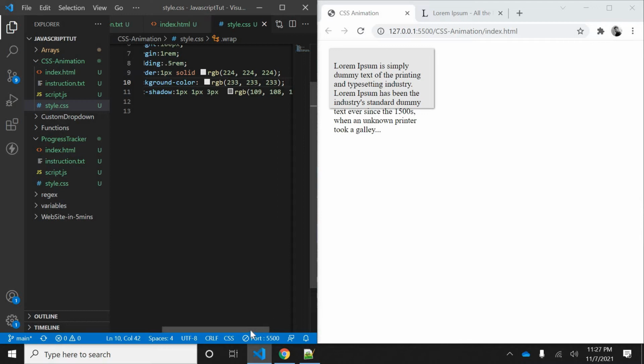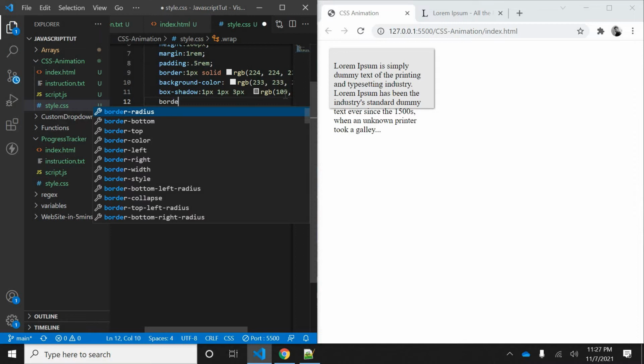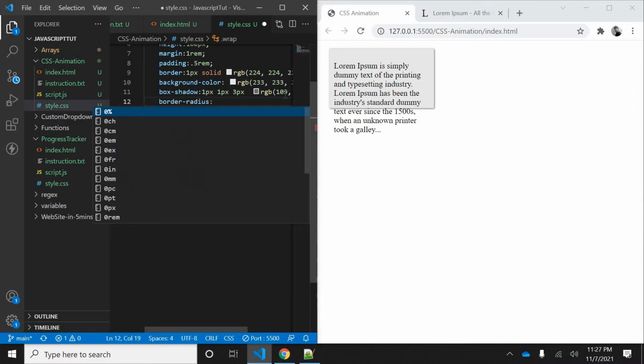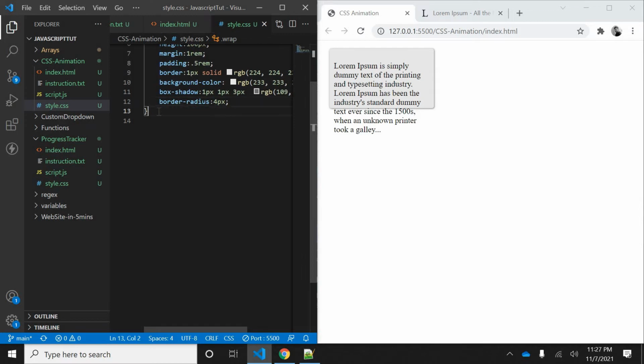Okay, so looks good. Now let's have a little bit of border radius. Border radius, let's have 4 pixel, that would be enough. Okay, so now once the outer thing is done, next we go for